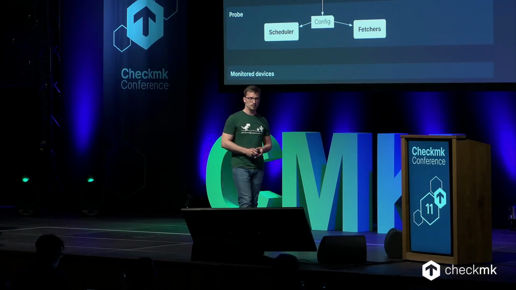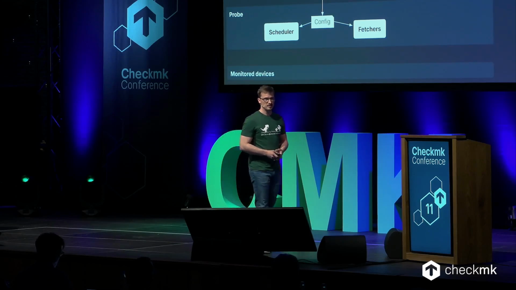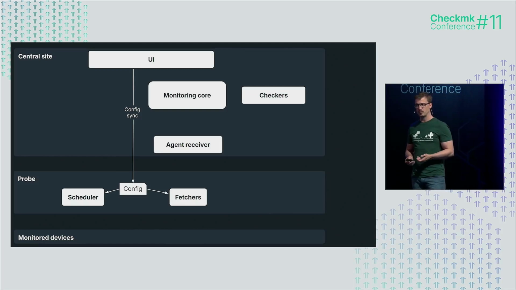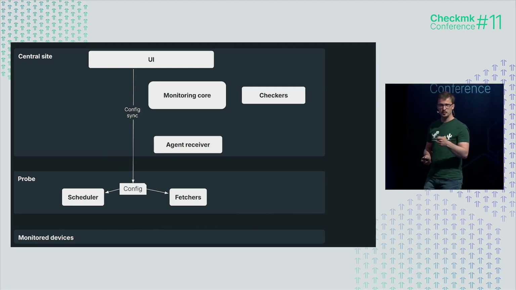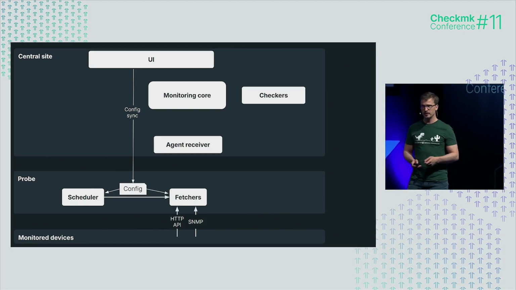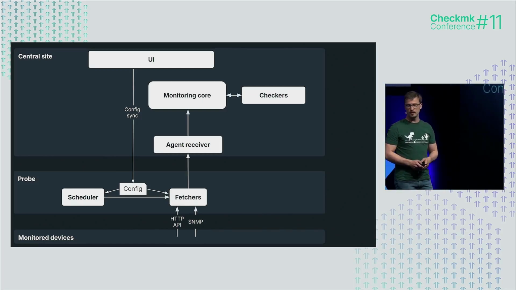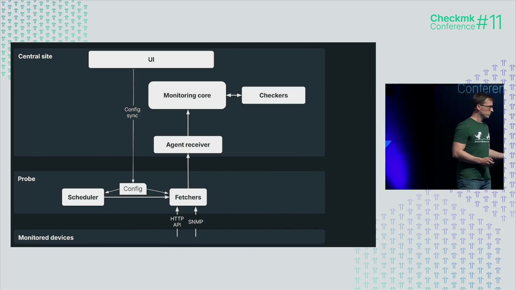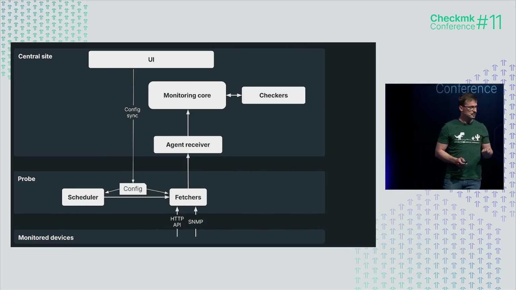The whole probe is configured by the configuration UI or the REST API. The configuration is sent down to the probe so that the probe actually does know what to do and when to do something. And when at some point the scheduler decides a host needs to be contacted, then it tells the fetcher. The fetcher gathers the data from the device and then sends over the data all the way through the uplink to the SaaS instance and so on, so that it arrives at the checkers at some point where